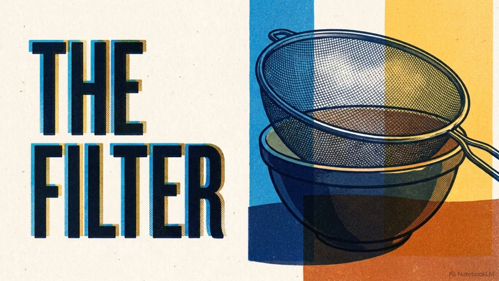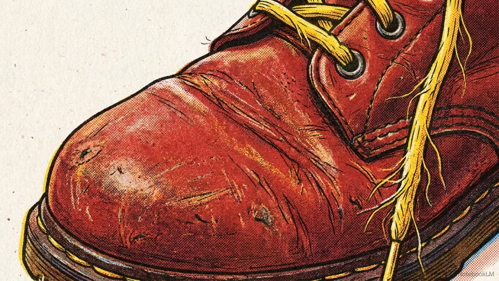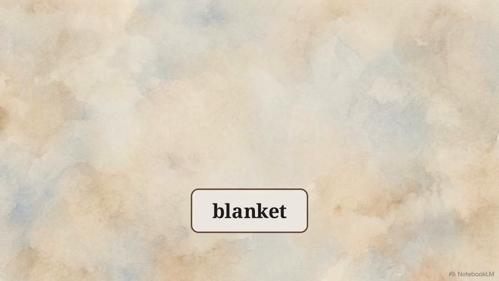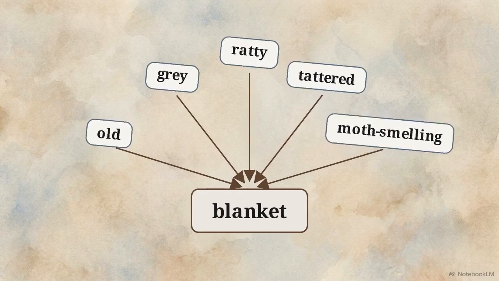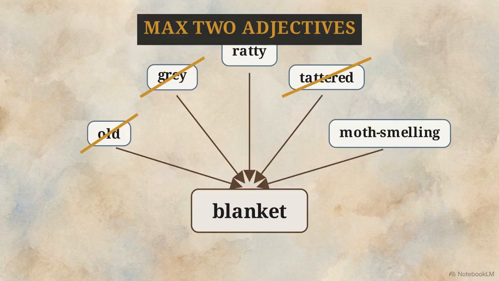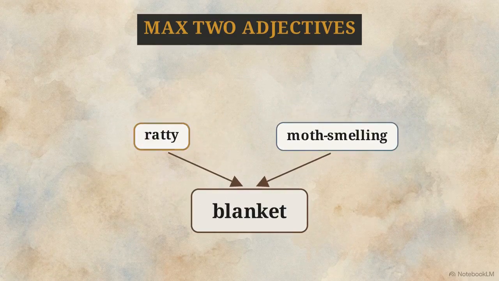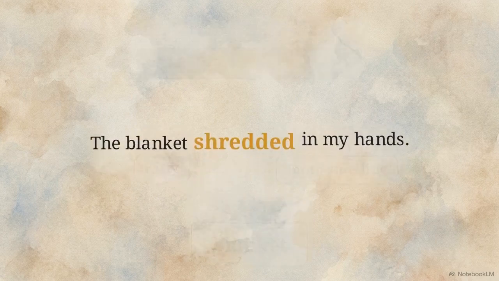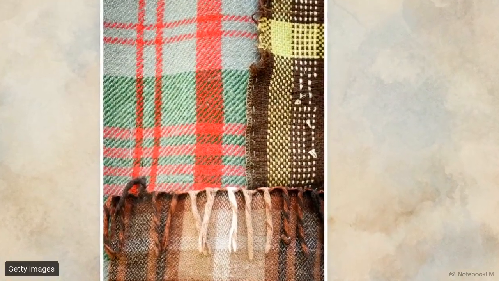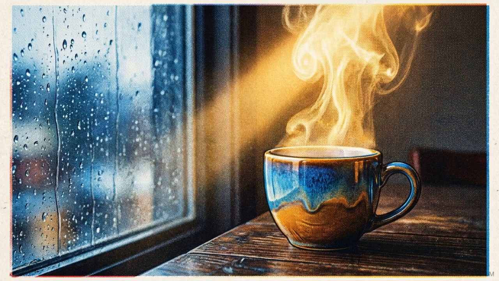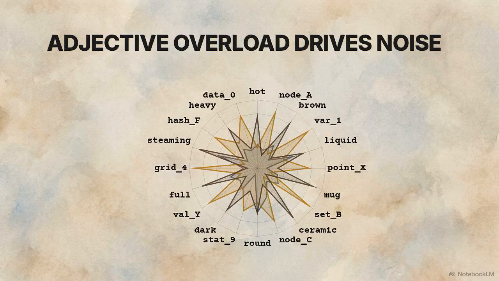Step 3 is filtering for relevant specificity. The key to a universal story is choosing hyper-specific sensory details. Inexperienced writers often stack too many descriptive words onto a single noun, creating image overload. My old, gray, ratty, tattered, moth-smelling blanket. Follow the 2-adjective maximum rule. Eliminate generic modifiers and rely instead on a single powerful verb or a highly focused descriptor. Naming a single precise physical texture is more evocative than listing a dozen vague traits. Curating a few highly specific sensory details creates an immersive mood, whereas listing excessive adjectives merely provides distracting data.